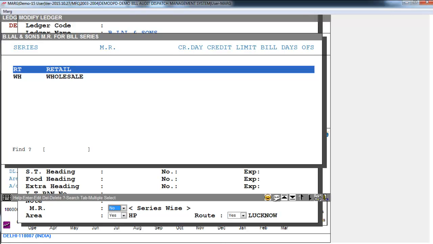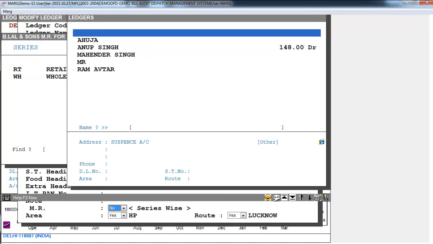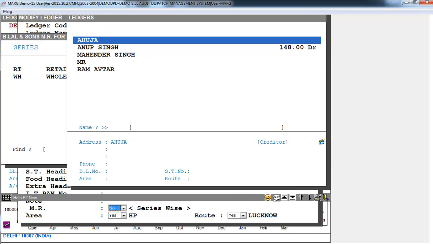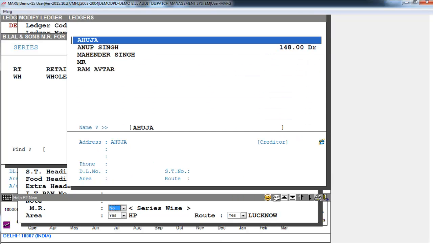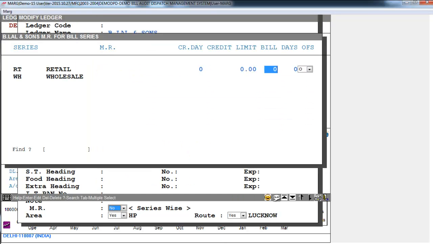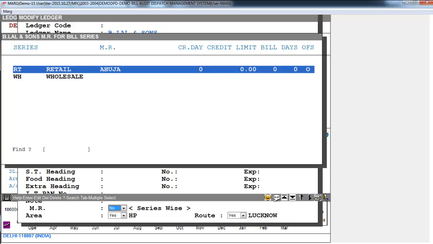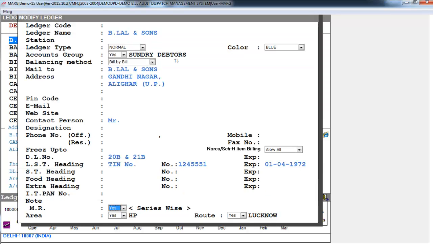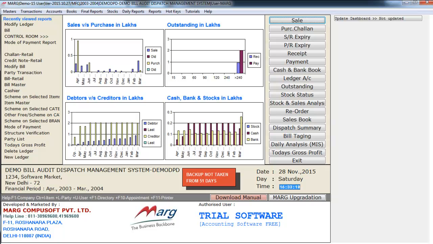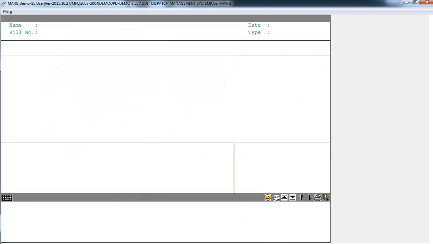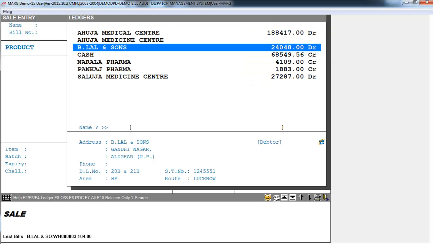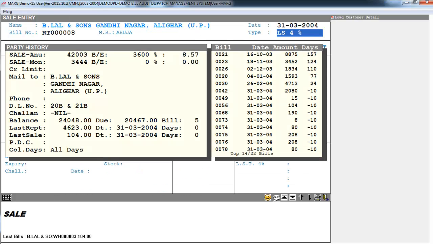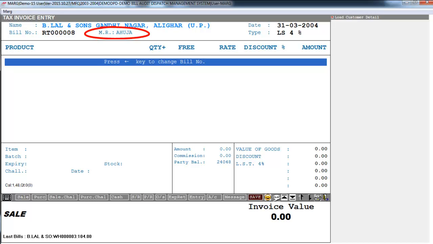So for that I will select retail, then select the MR that is Ahuja, then press enter and save this. Now whenever we create a bill for Bilal and Sons and select retail series, this MR Ahuja will automatically load in his bill.